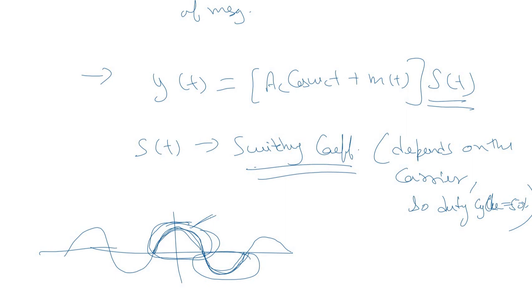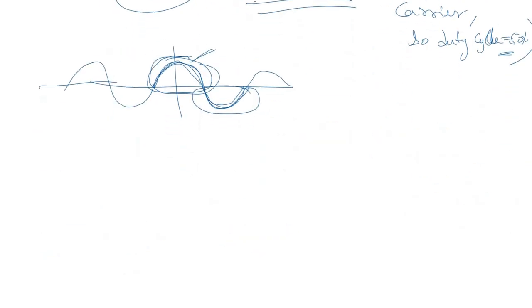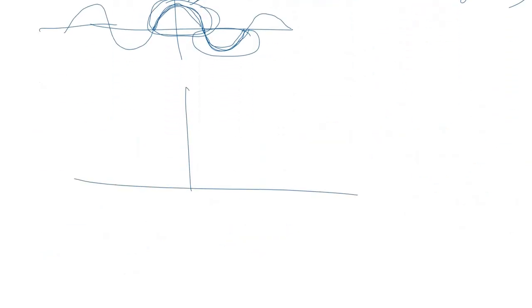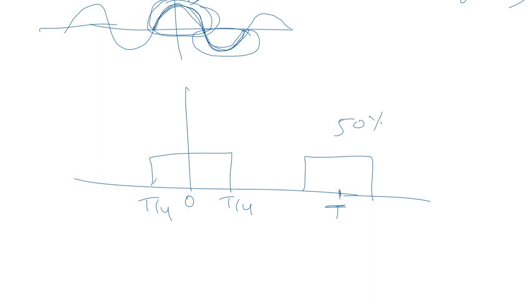So let us now find out the expression for this switching coefficient. We know it depends on the carrier signal with duty cycle 50%. It will control the switching of the diode. The diode will be on and off depending on this, right? So this switching coefficient s can be assumed to be a square waveform, because the duty cycle is 50% only. T by 4 it will be on in this region and off in the other half of the time period, and let's say this is the complete time period T. Okay, duty cycle is 50%. Alright, so let's say this is the representation of s(t).